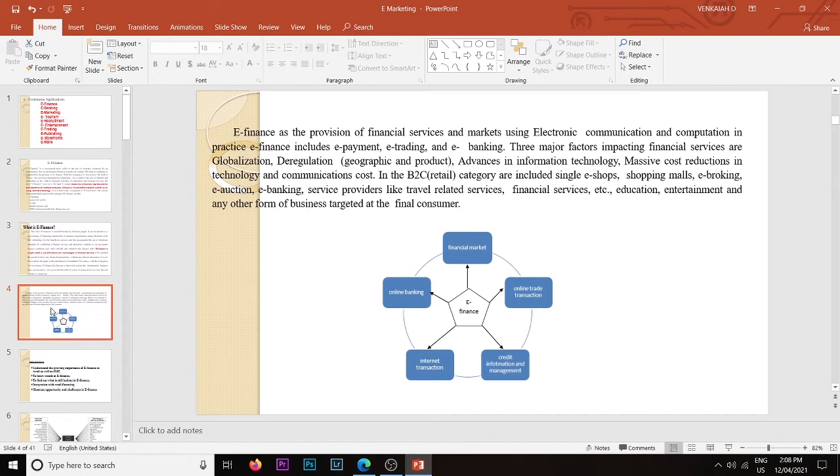So check with anybody, either seniors or your parents, who have knowledge of trading, share purchase and sale. Ask them what a demat account is and how the shares are available. If I purchase shares, can I get a share certificate? When you pass your degree final year, you get a marks memo, don't you? In the marks memo, it indicates that your e-commerce marks are 85 or 90, like that.